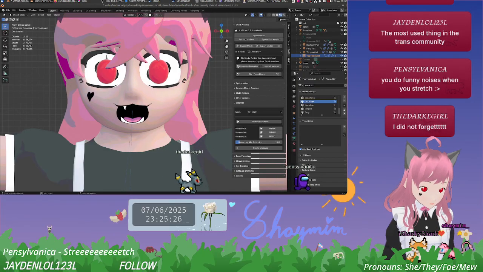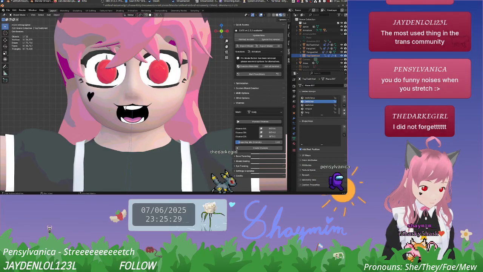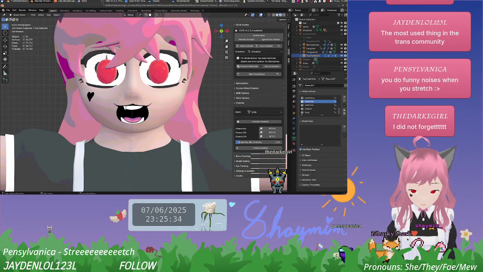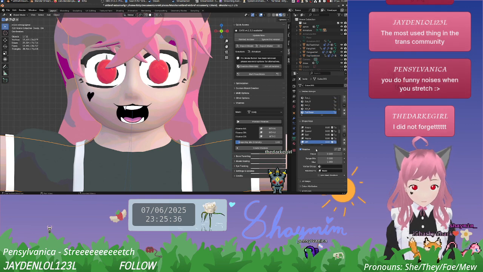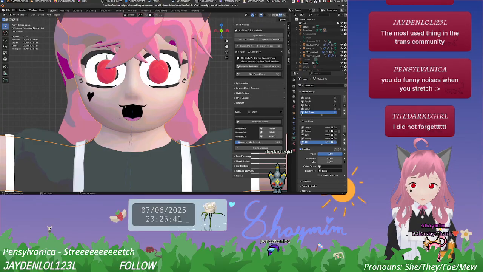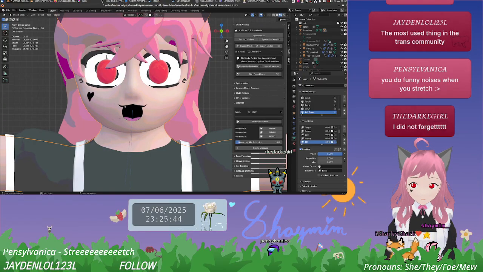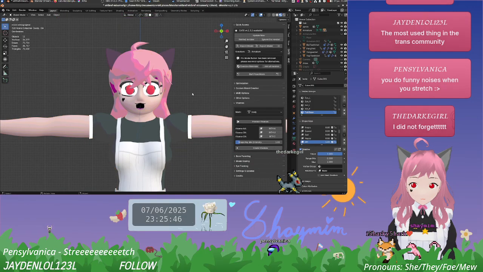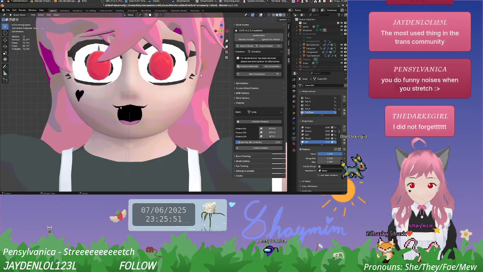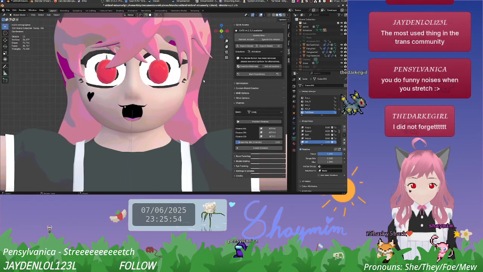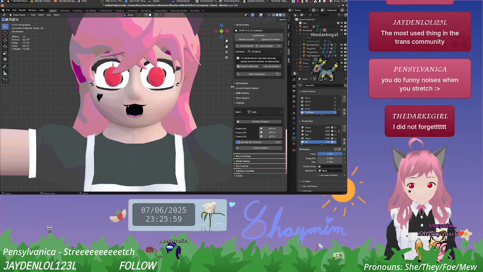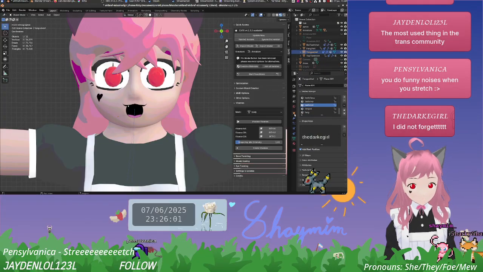So maybe I rotate that. So a little more. Right? Well, maybe the problem is that it just looks weird anyway. Maybe I do need to move the tongue after all.